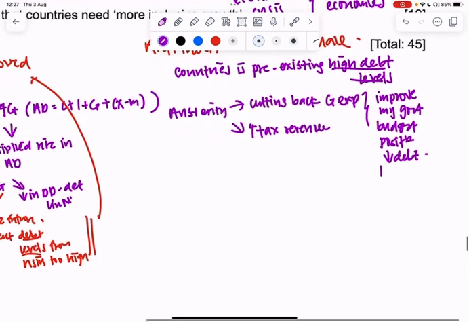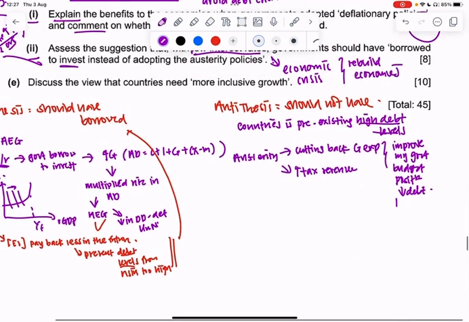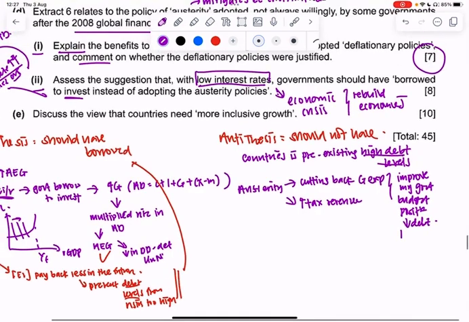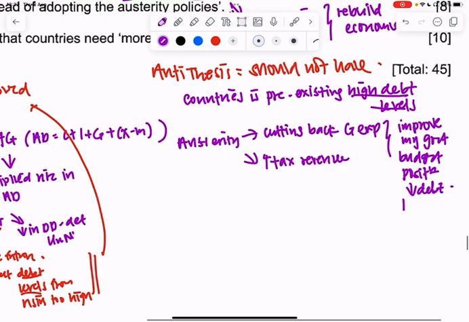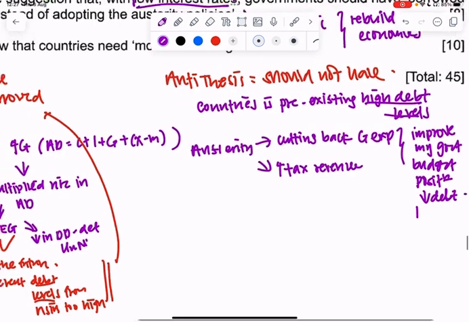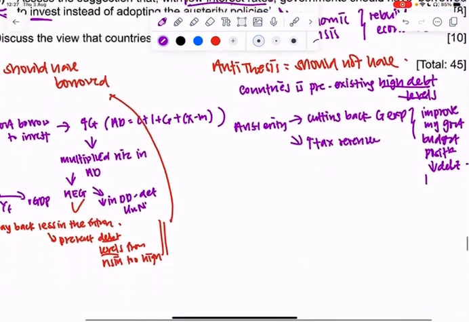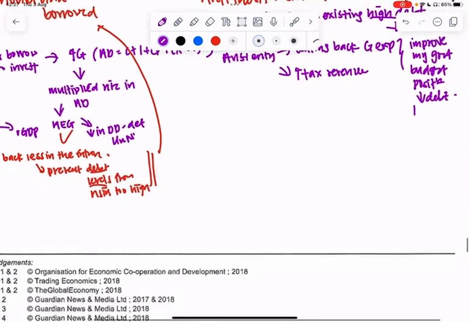Okay? So I will explain this idea: for countries with high debt levels, I would deal with my pre-existing high debt levels first before even exploring to invest. Therefore, even with the low interest rates, I would not borrow to invest if I already had a lot of debt. Okay, and then now when it comes to the final evaluative conclusion, your synthesis, you realize that this is